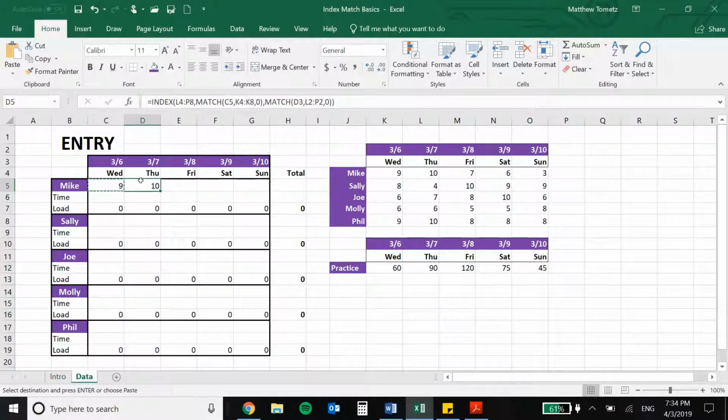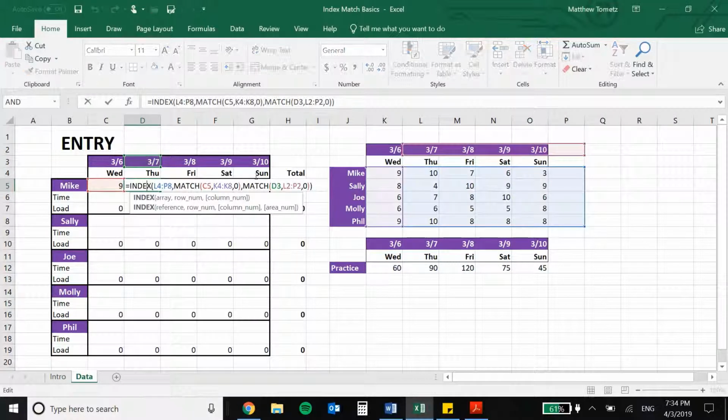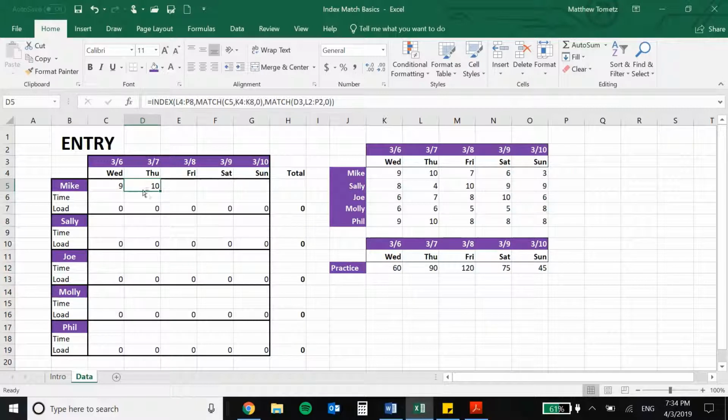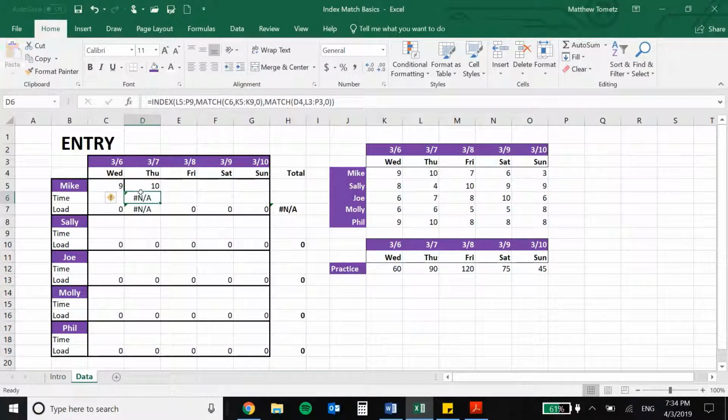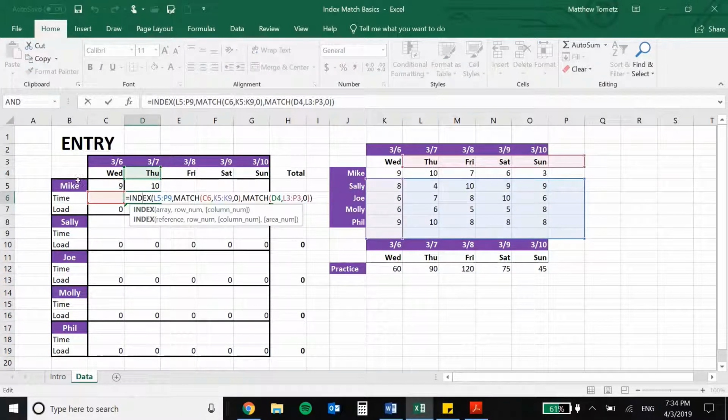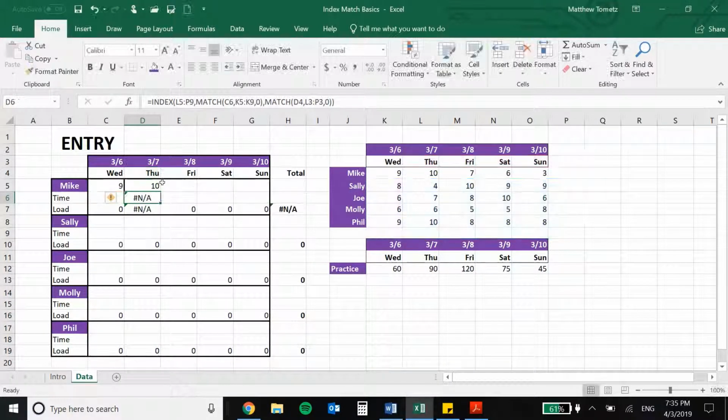everything is shifted one cell to the right. And if I copy and paste it down, everything is shifted one cell down and to the right, as you can see right here. So what we have to do